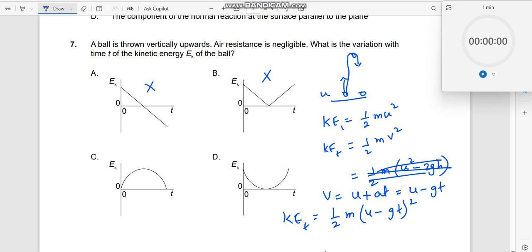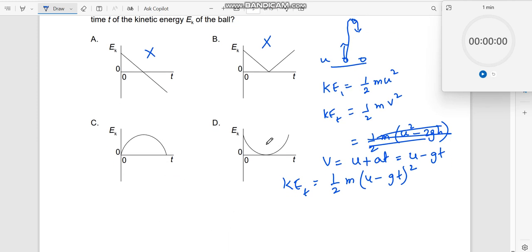So based on this, you see these two are out of contention, right? Only these two could qualify. Which parabola should I take if I want to answer this question? Now reason it logically. If I put t equal to 0, the particle was here. What was the kinetic energy of the particle? Kinetic energy of the particle was very high here, right? At t equal to 0, kinetic energy was very high.